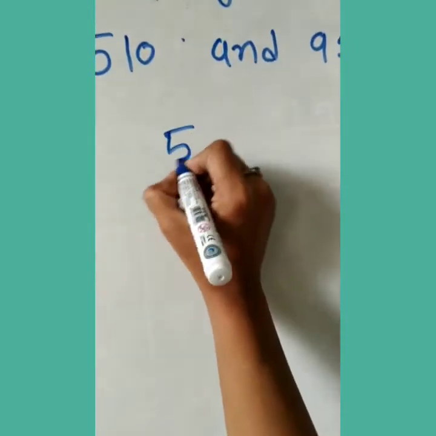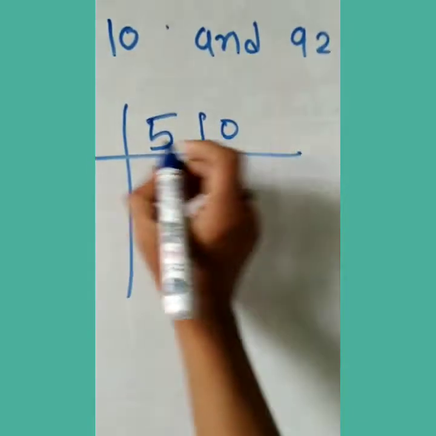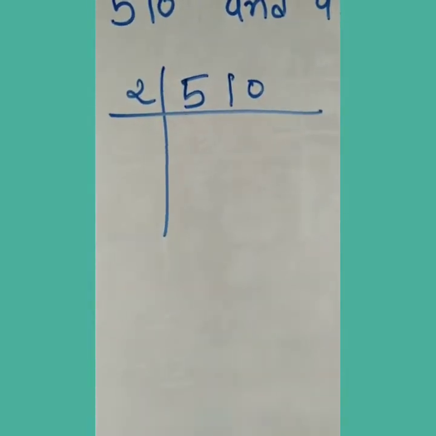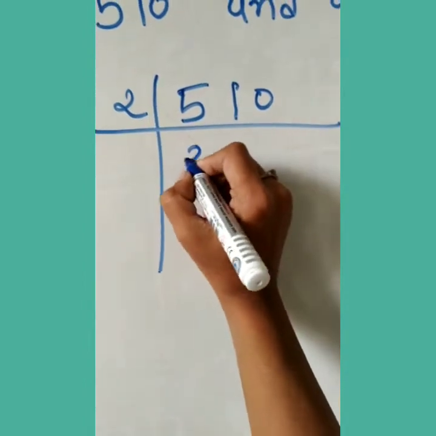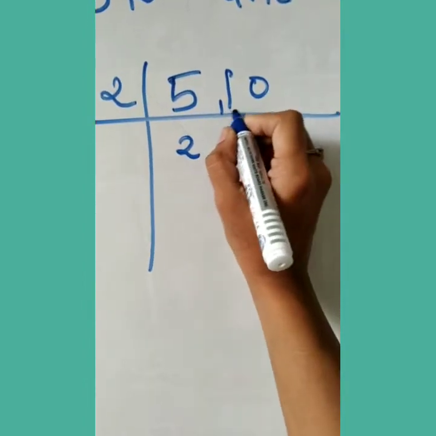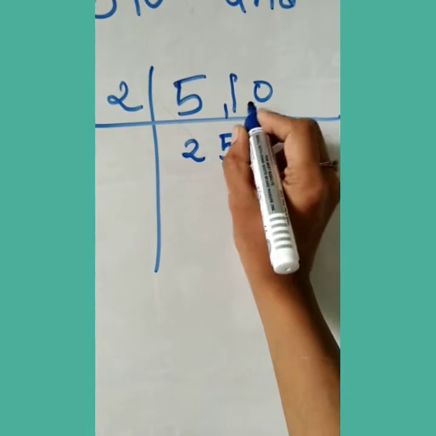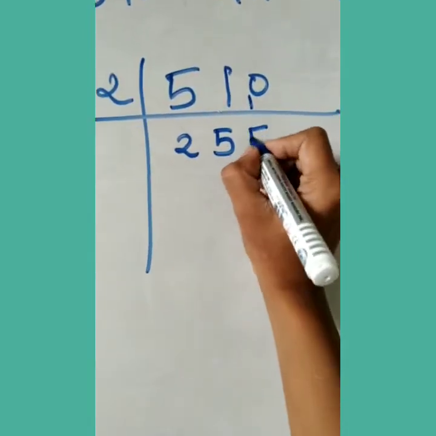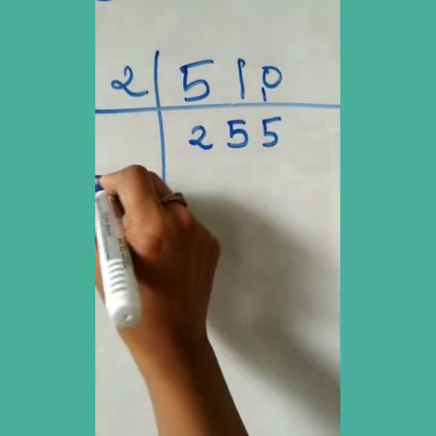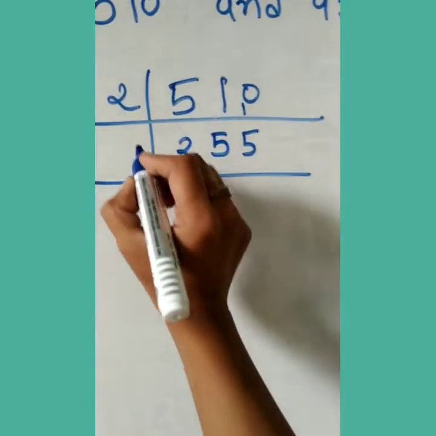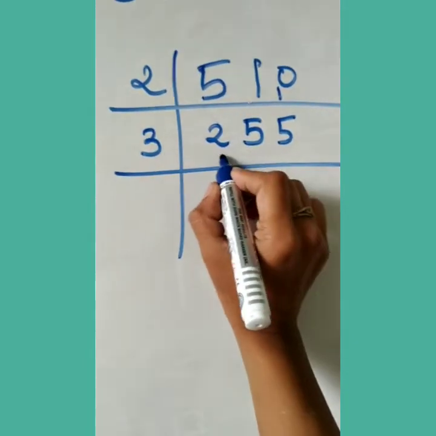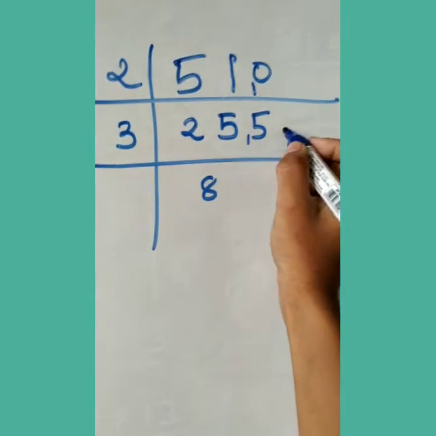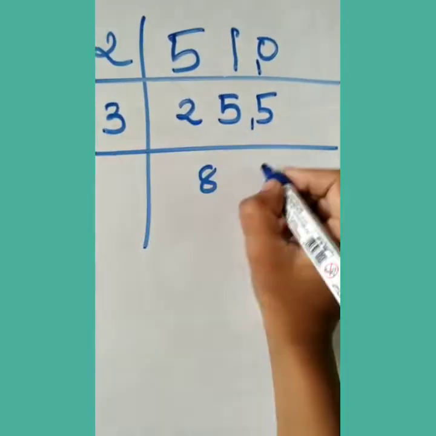So first we will begin with 510. Here we are taking 2 as the first prime factor. So here we get 2 2s are 4 and 1 remains, it will become 11. 2 5s are 10, 1 will again remain, so we make it 10. 5 2s are 10. So here will be 255. We will start with 3. Here we can say 8 3s are 24, so 1 will remain. We will make it 15, and 5 3s are 15.